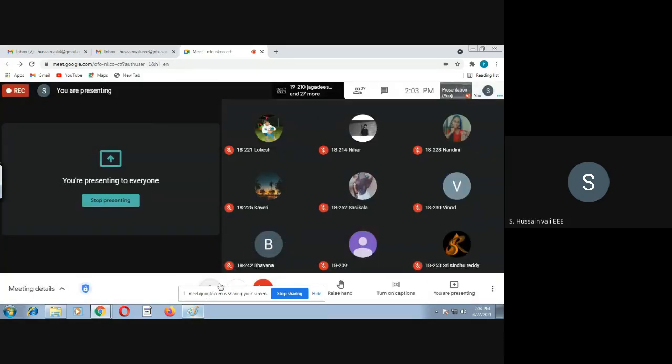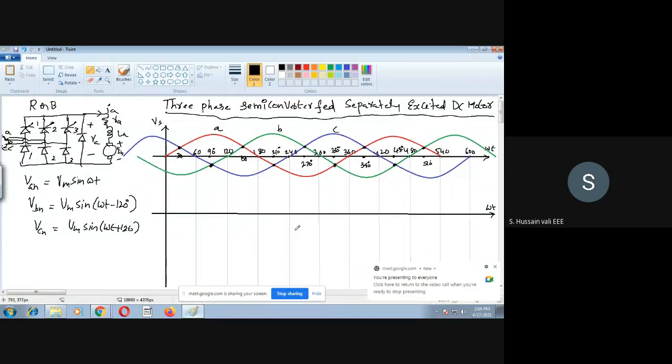So now you see here, let me check now. Okay, so what you will understand here is that I hope you know this thing, that this A phase is having higher voltage compared with B and C from 30 to 150. So it means one thing you can say, that the thyristor which is connected to A phase directly, that is thyristor number 1. You see the circuit diagram here. So this thyristor number 1, you can turn on.